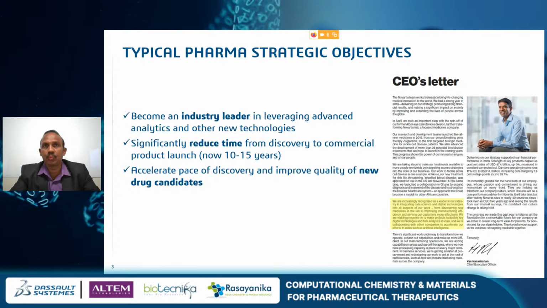But we have seen in this COVID pandemic how we came out with a vaccine, how we repurposed different drugs, and came out with a vaccine within a period of 18 months. That's the level of acceleration that we had, and there was a big contribution from the computational discovery part of it. But although there was a big contribution from computational discovery, there are different aspects attached to it. How do we accelerate it? How do we see the efficacy? How do we see the specificity of that molecule? That we have to address.